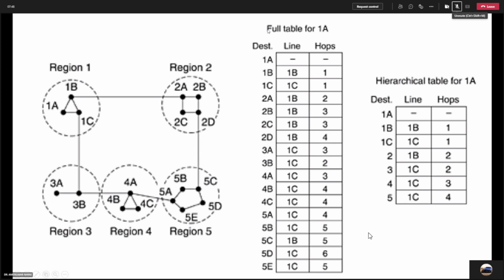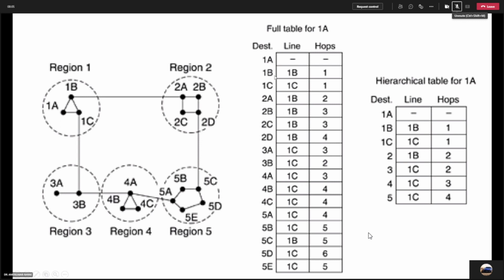Now for an individual router, if you consider router 1A, it will create the routing table, as it is available on your screen.